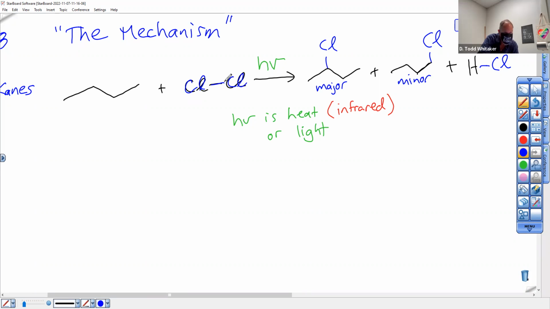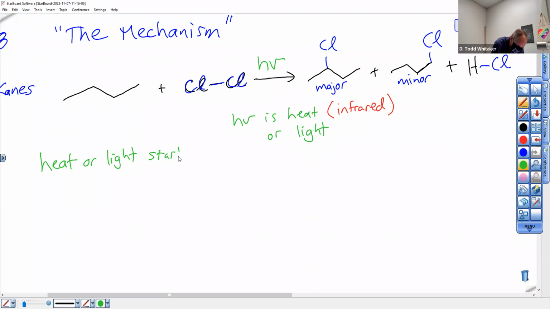What the heat or light does is it pops open the weakest bond on the page. And the weakest bond on the page is the weakest because it suffers from lone pair repulsion, with the only atoms that have lone pairs bonded to an atom next door that also has lone pairs. ClCl. So what happens is, in the presence of heat or light, depending on the reaction being studied,